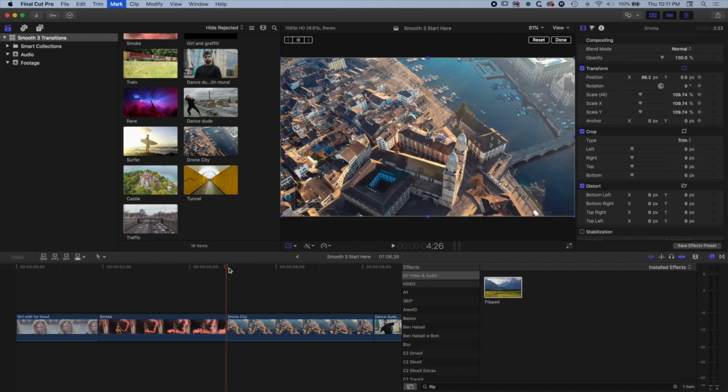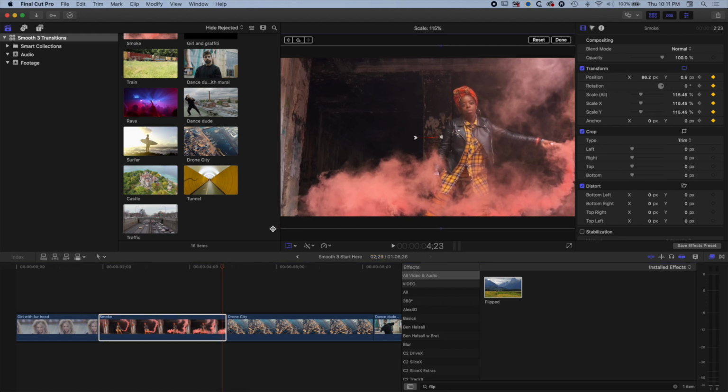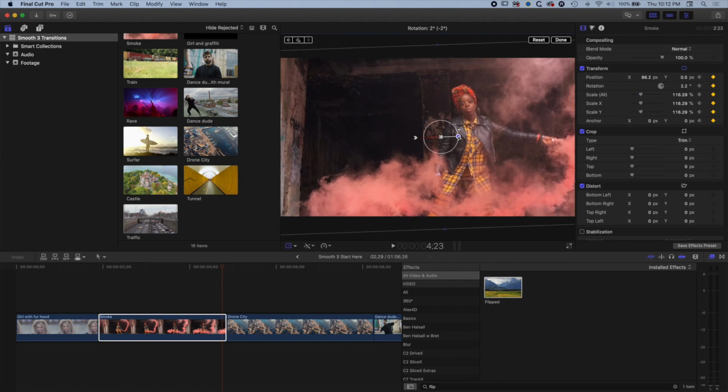So if we come to the end of this clip, move back a few frames, we'll select the end of this clip, add a keyframe, and actually we've already increased the size of this, but I'm going to increase it a little bit more here, and then I'm going to rotate it. We just want to make sure that at the edges we don't cut any edges off. So I'm going to rotate this here,